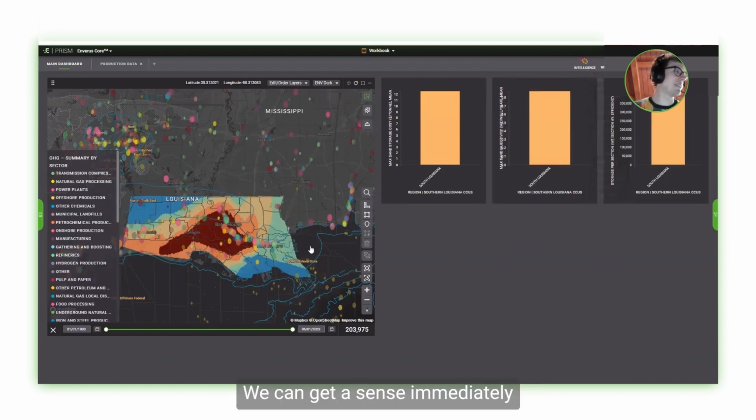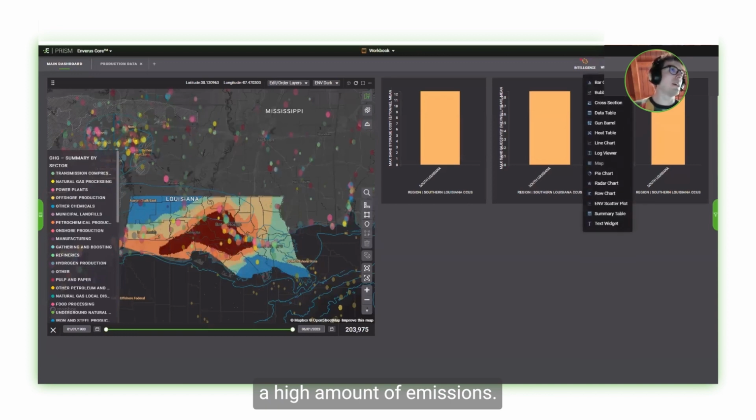I mean, we can get a sense immediately that we have a very high concentration of emissions along the Mississippi corridor, for example, some here in sort of southwestern Louisiana. But again, I guess a good way to visualize and potentially zoom into an area where you have a high amount of emissions. But what I can do here to sort of quantify this a little bit better is I can create some bar